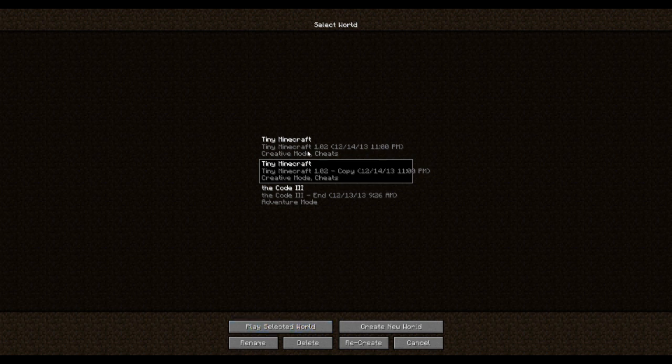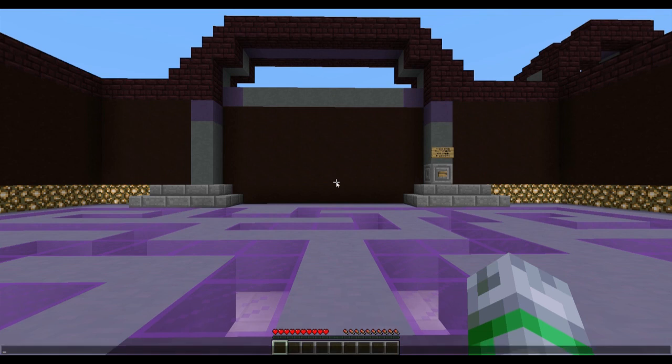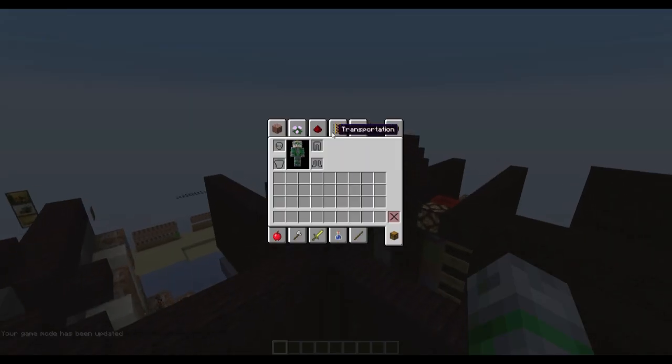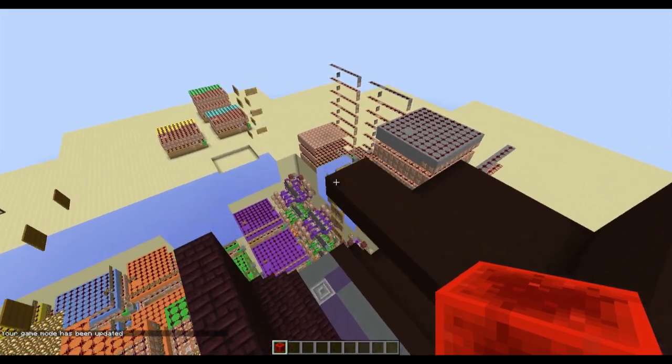Because I don't want to test in this world, because I could destroy my only copy of those fixes that I made. So I always make a backup. And in this version now, I can do pretty much anything I want, and it shouldn't be a problem. So what I'm going to do,